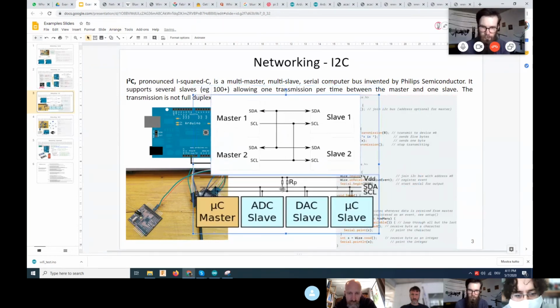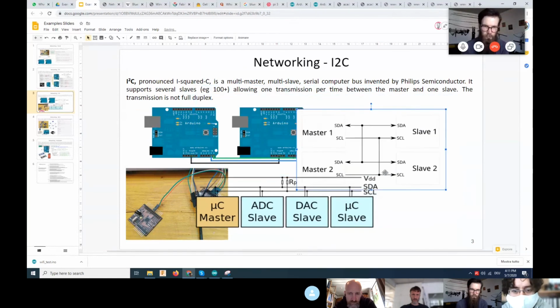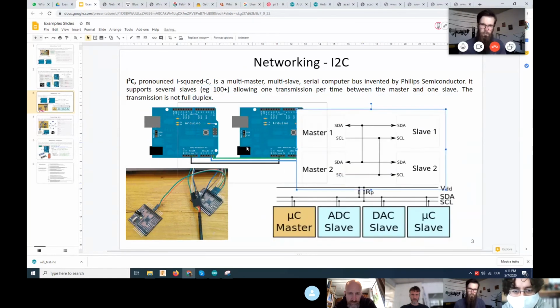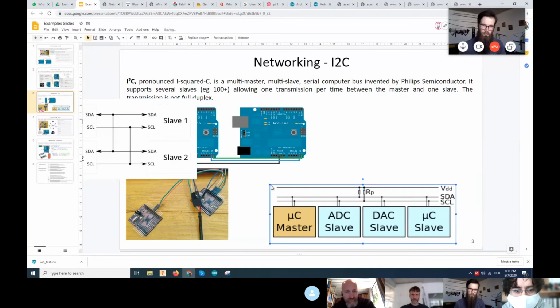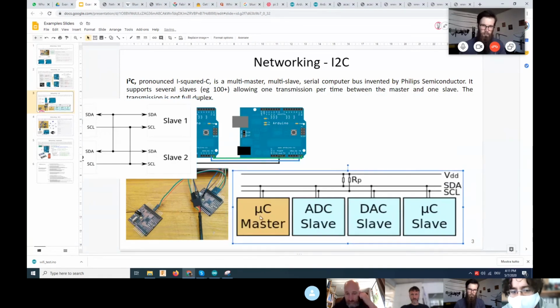It's just one unique image here. Maybe let's quickly remove this so you can quickly see it over here. So you have basically one master over here, and then you have just two cables, and this is like a bus, and this passes through all the boards over here. So this saves you a lot of cables